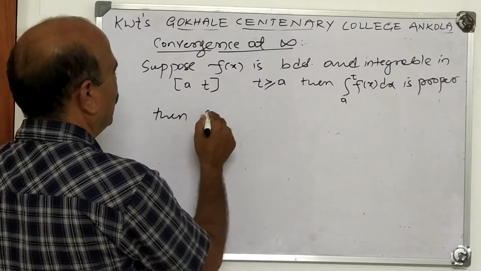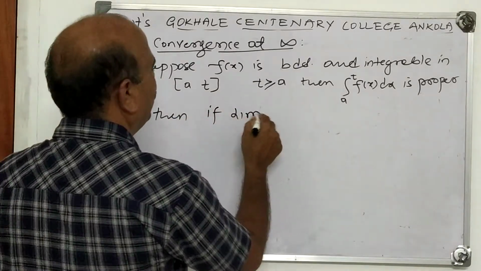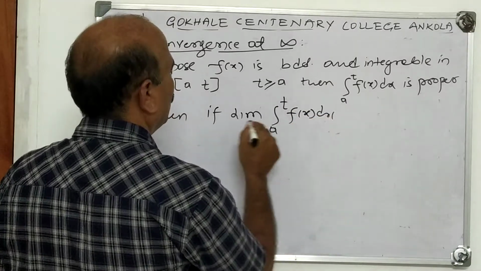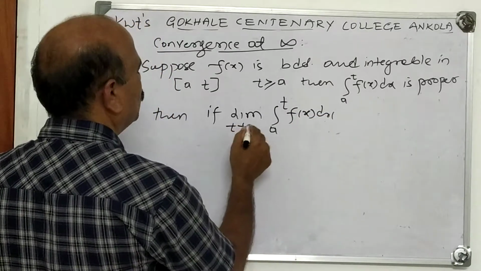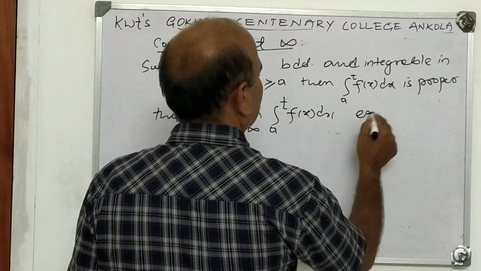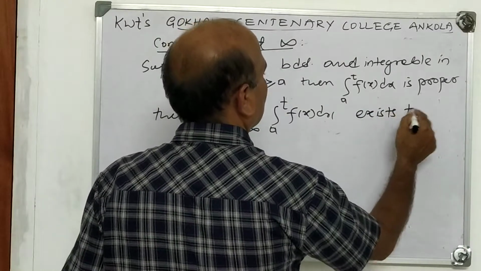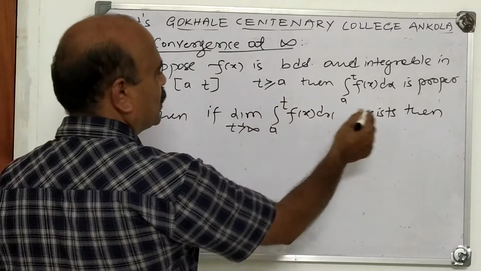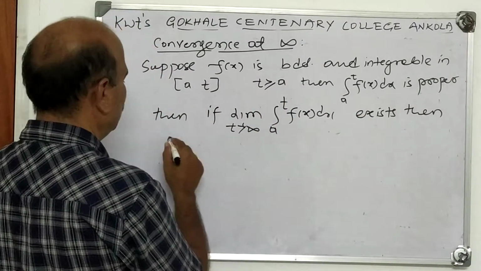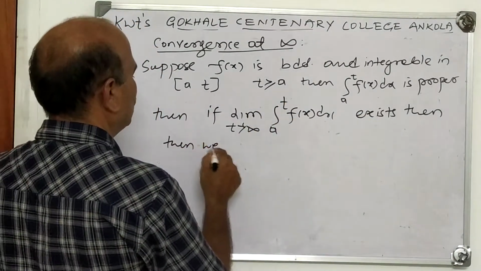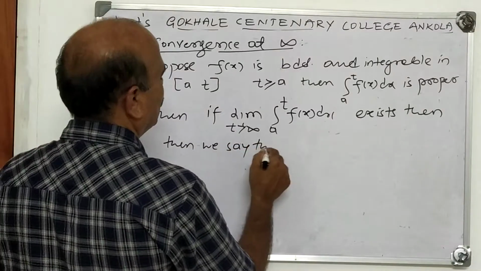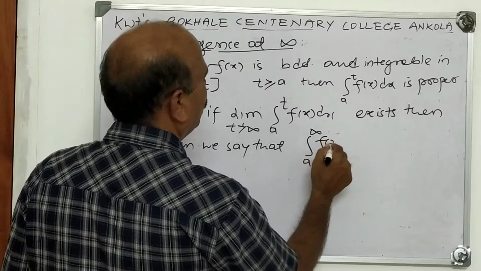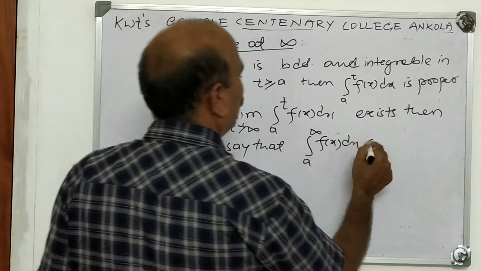Then, if the limit of the integral a to t f(x) dx as t tends to infinity exists, then we say that the integral a to infinity f(x) dx